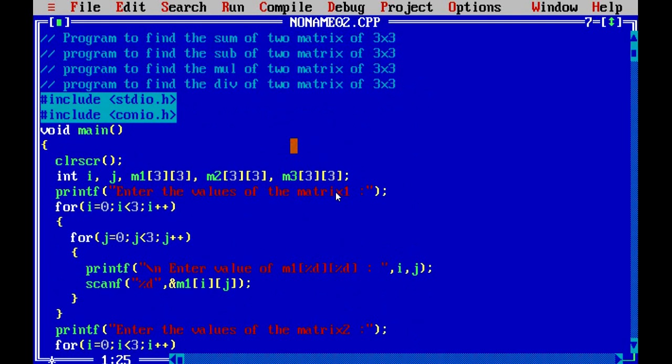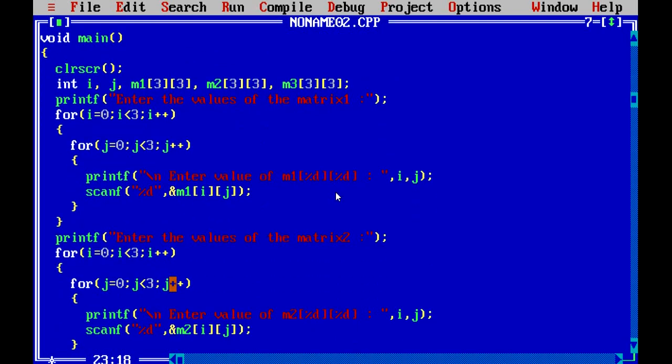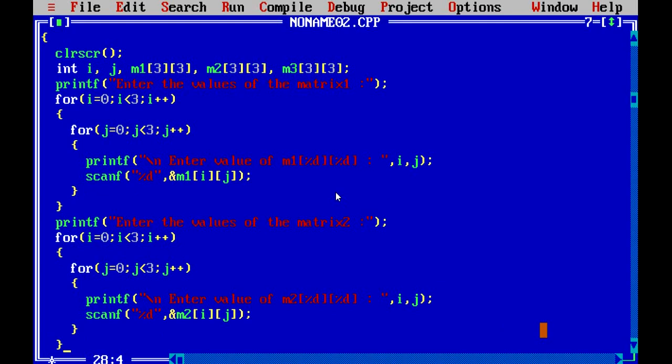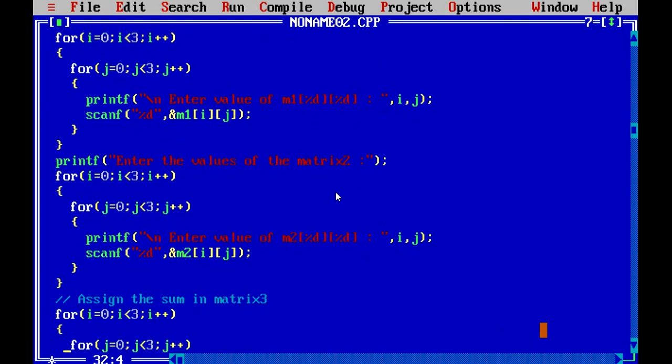And we can do the calculations like subtraction, multiplication, division, addition over the matrix by going through each and every cell. The main thing that we have to learn is we have to know how we can access the two-dimensional array value, either when we are trying to scan the values or we are trying to read the value. So that's all.